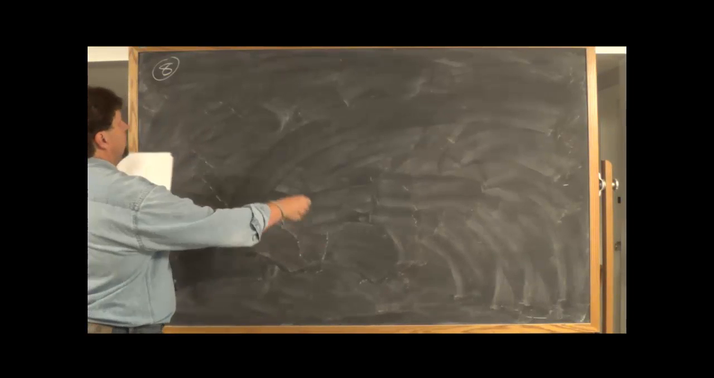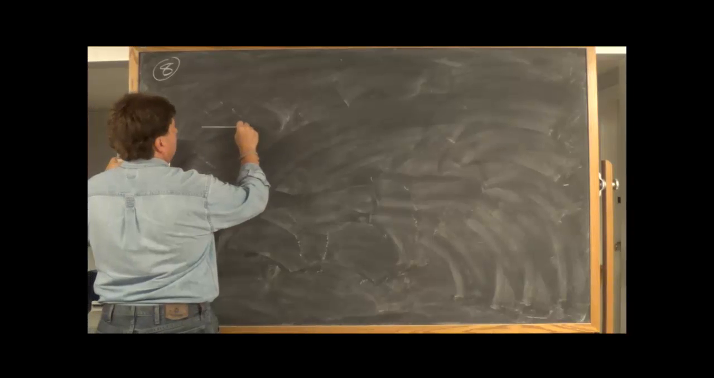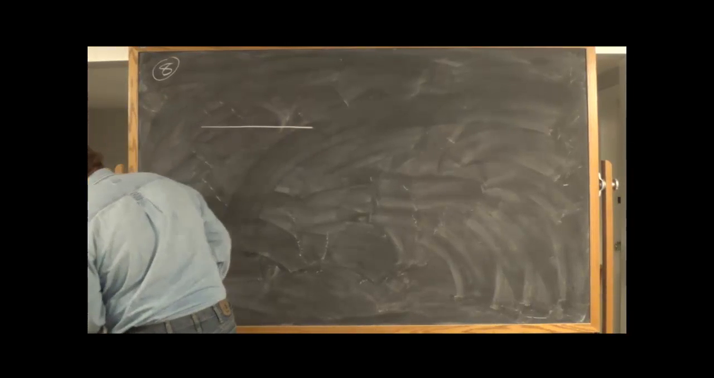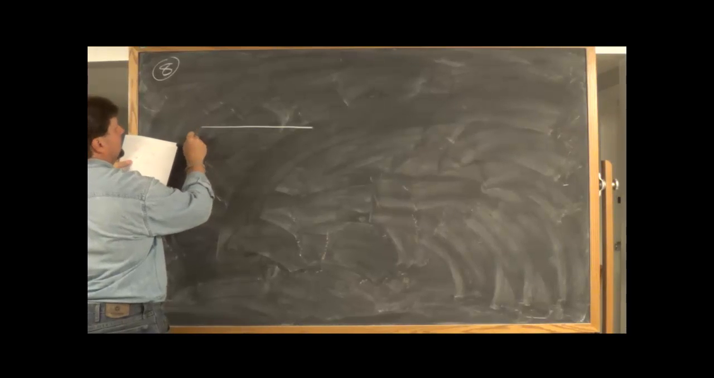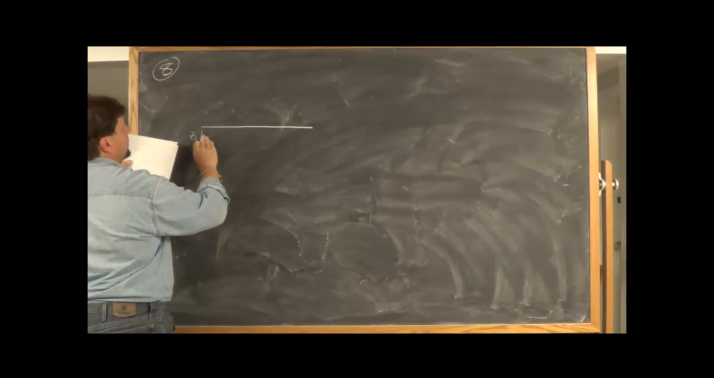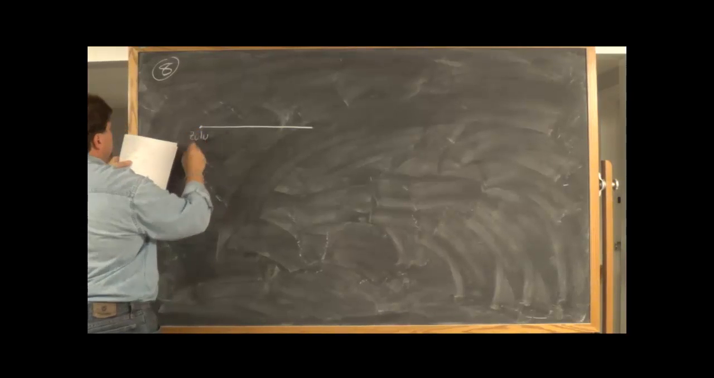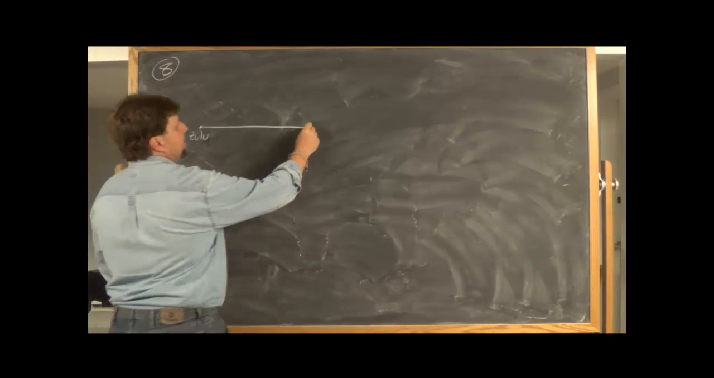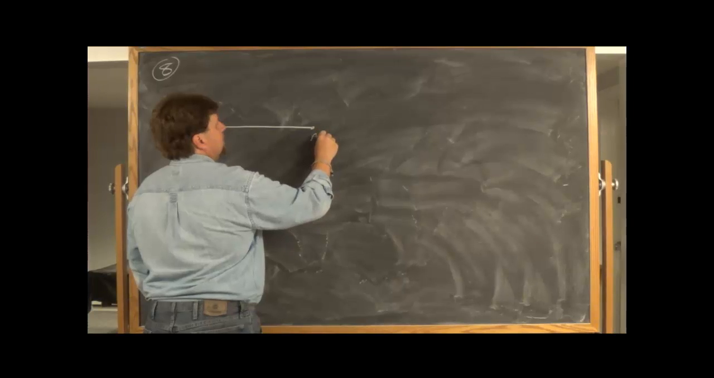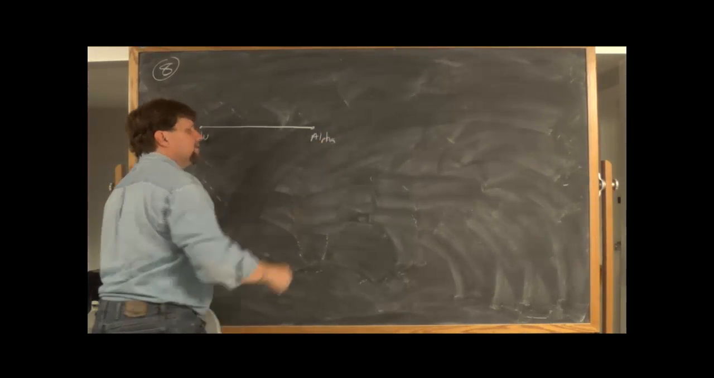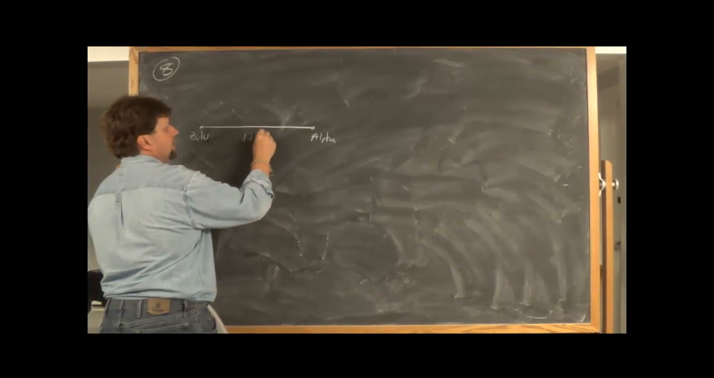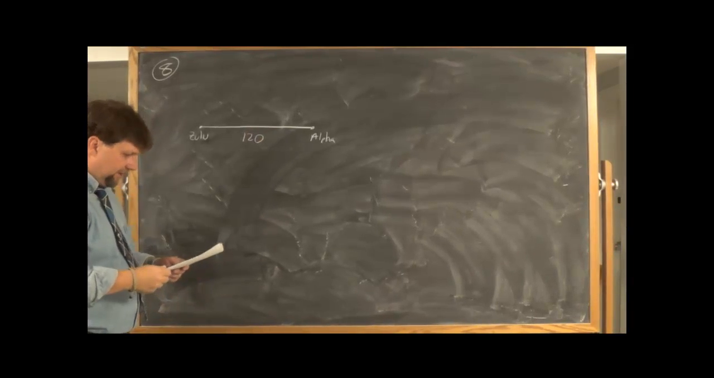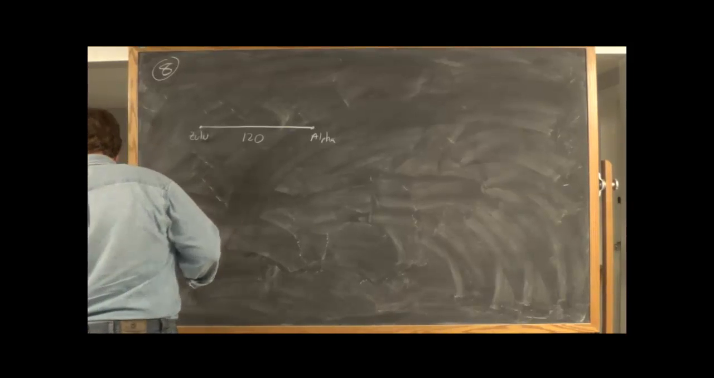So let's see if I can get a picture drawn here. We have Zulu, so I'm going to say here's Zulu. If I can spell Zulu. It says Zulu's due west of Alpha. So that means they're on the same east-west line. And it said they're 120 miles apart. So we know they're 120 miles apart. Now there's a ship out at sea,